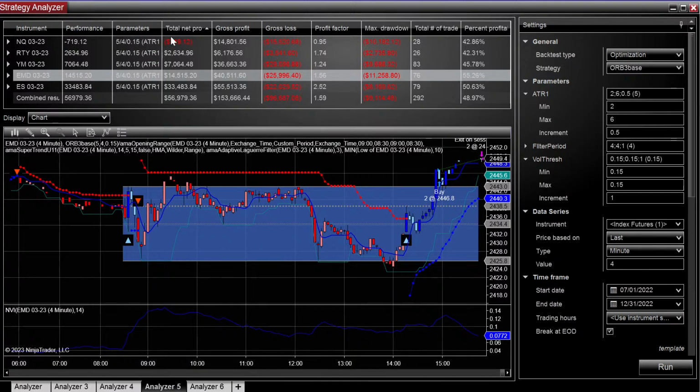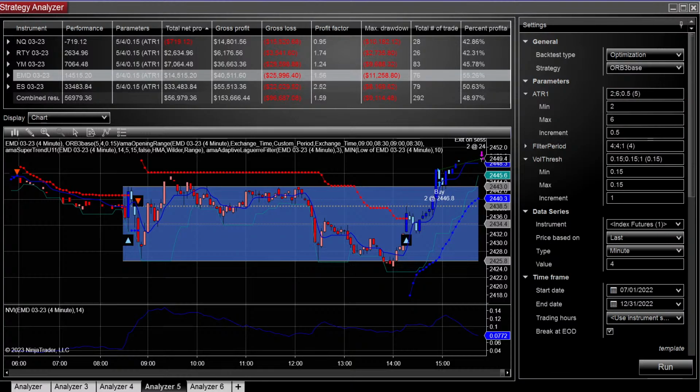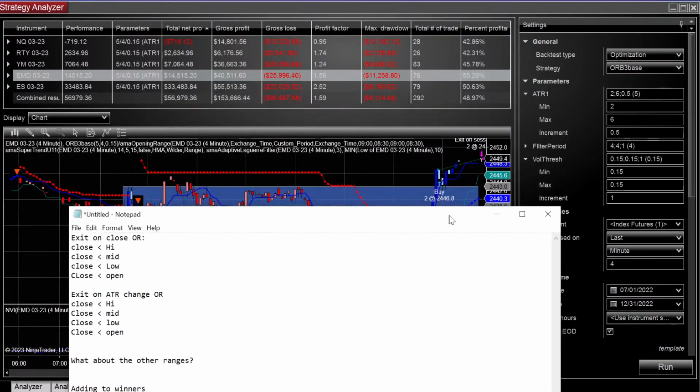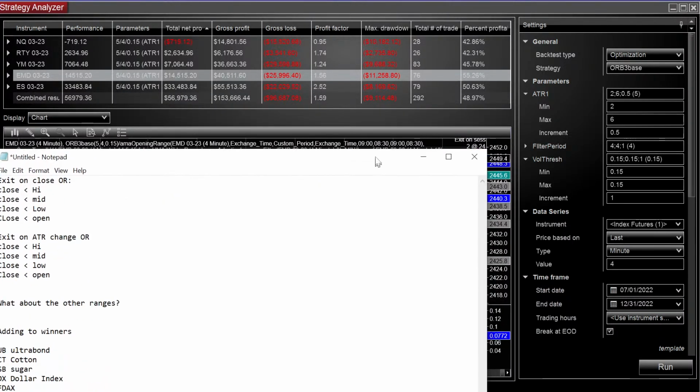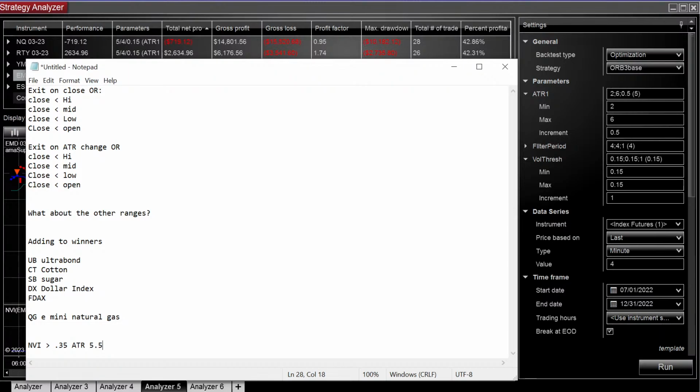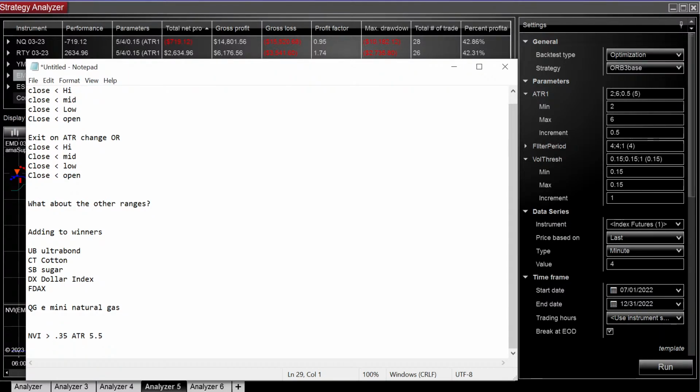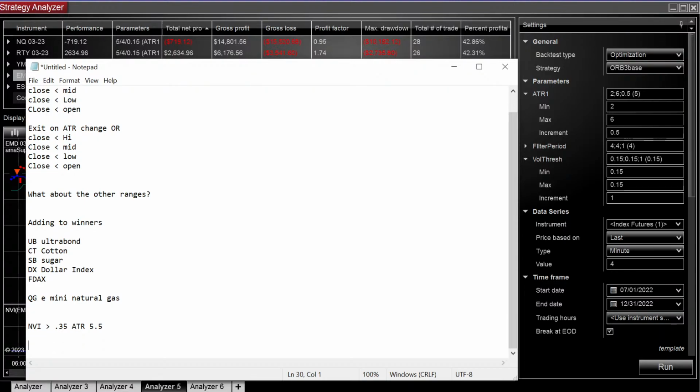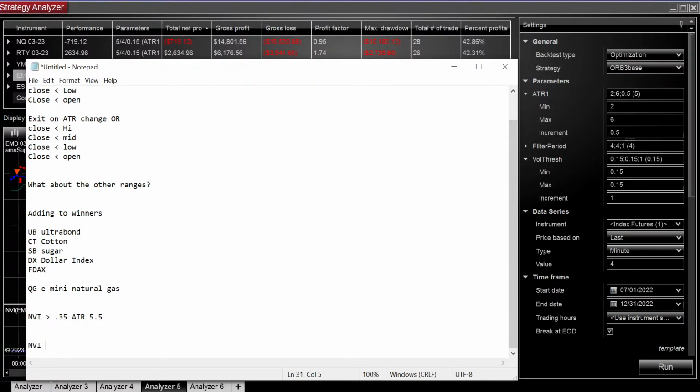Still gave us 5 for the best result. So I think this is a symptom due to the fact that all of our entries are kind of taking place at the same time. Whereas, once again, if you're running a strategy 24 hours a day, then the concept behind this is a lot more relevant. But now let's do NVI is less than